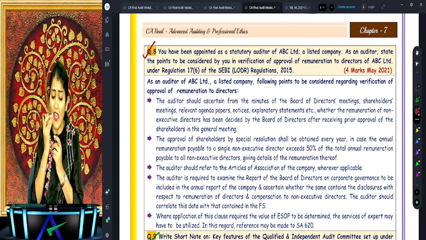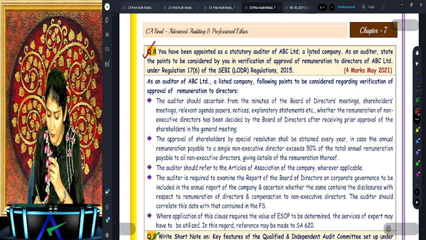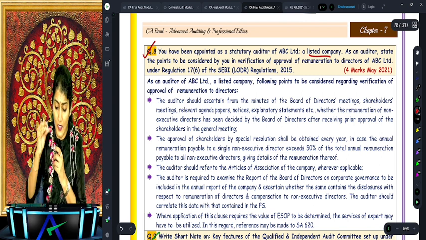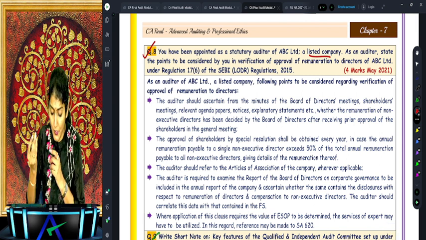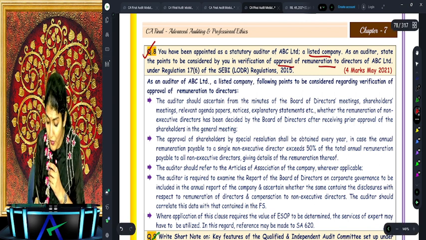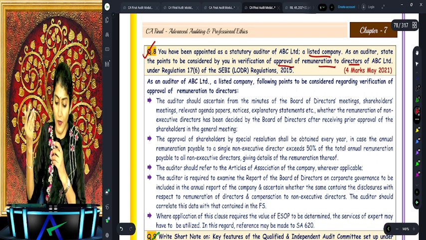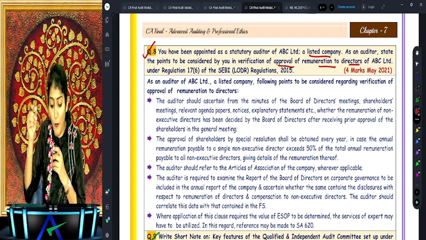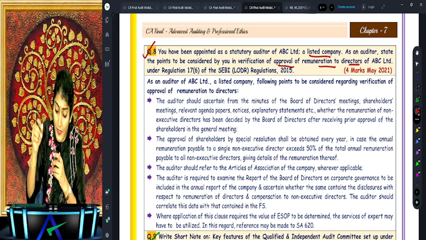Okay, you have been appointed as a statutory auditor of a listed entity. As an auditor, state the points to be considered by you in verification of approval of the remuneration to the directors of ABC Limited. So what are the points to be considered by you in